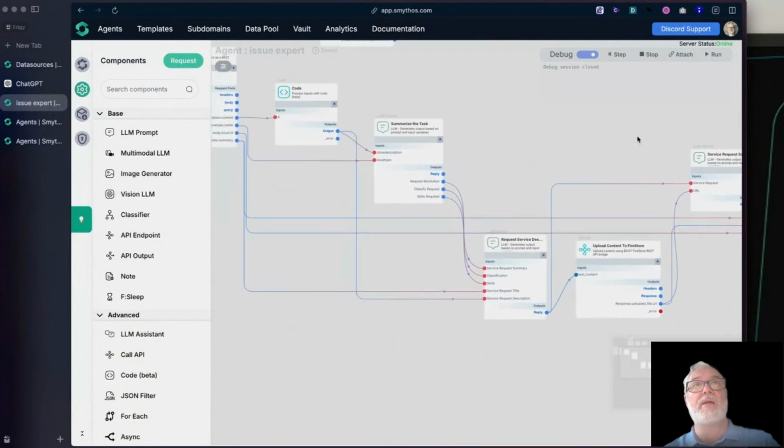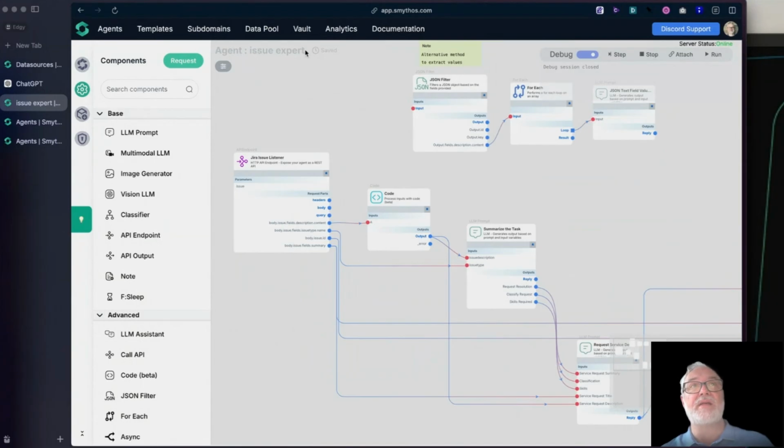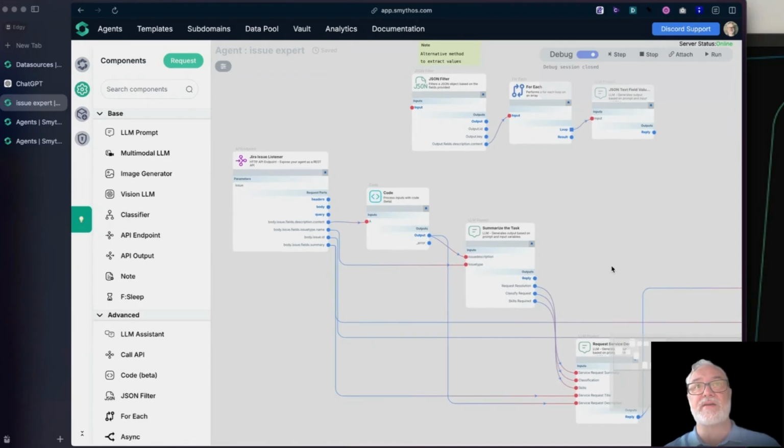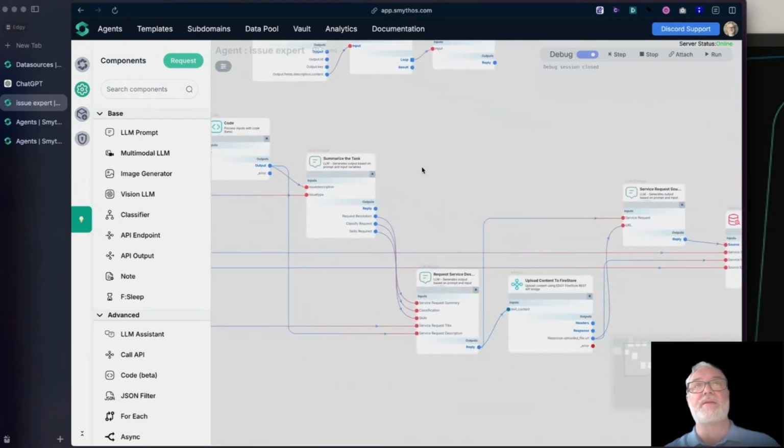So what we are doing here is we know that to have an issue expert, we need it to have a set of data to work with. We want to make sure that it has essentially all the tickets that have been solved and resolved added to a knowledge base that we can then pull from in order to answer questions for our agents quickly and easily. So this is listening for those newly closed tickets and then pulling out the descriptions, summarizing the task, identifying